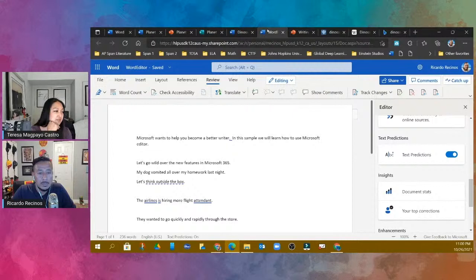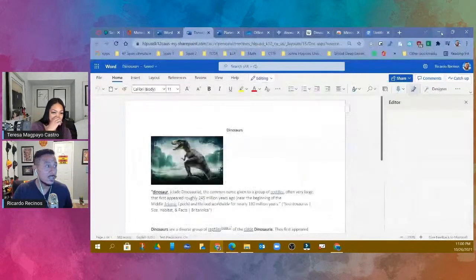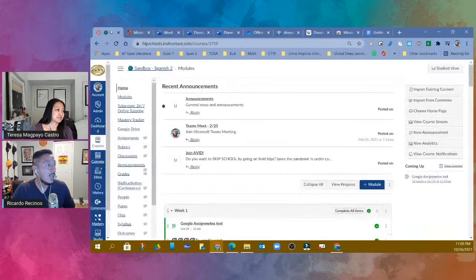Was there something that you wanted to show in Canvas? Oh yes, thank you for reminding me. So you did get to see the similarity reports, and we want to be fair to Google, too. They do have something called originality reports that works inside of Canvas, and our teachers use Canvas all the time. But if you are in a district that uses Google Classroom, you are familiar with originality reports.